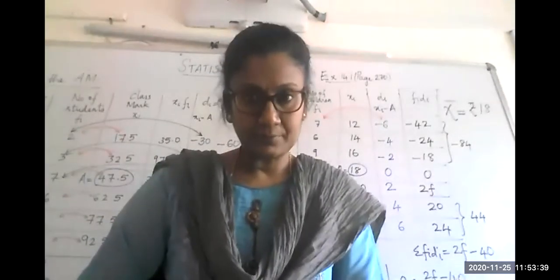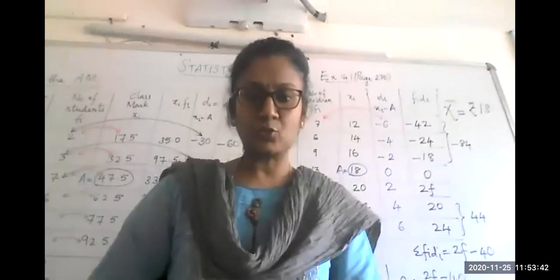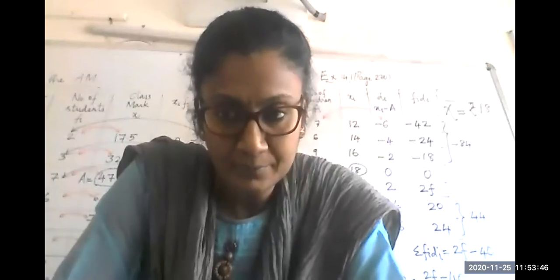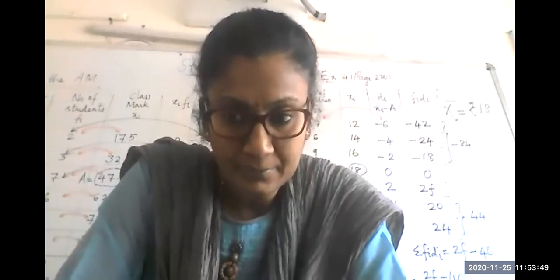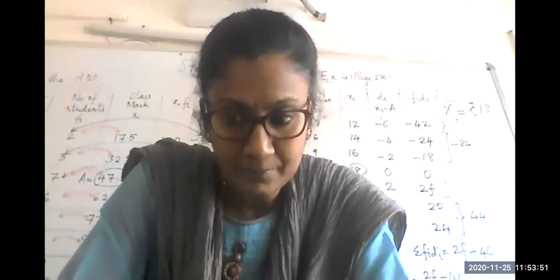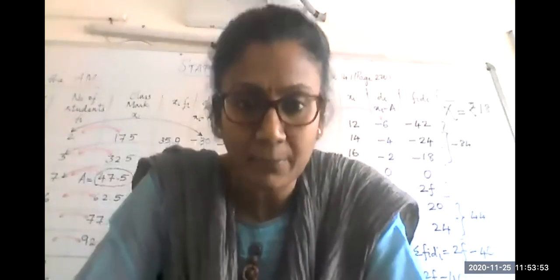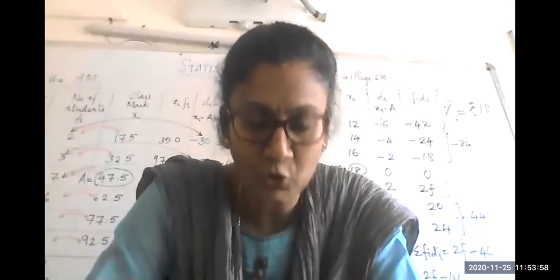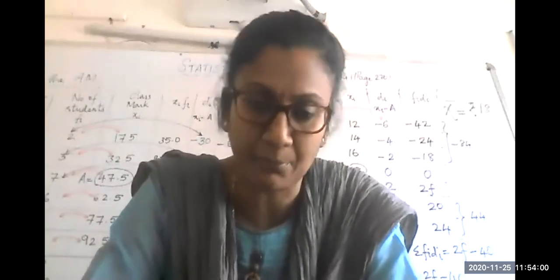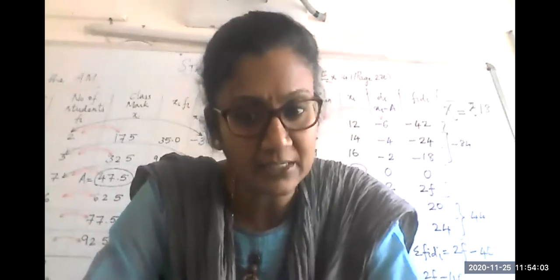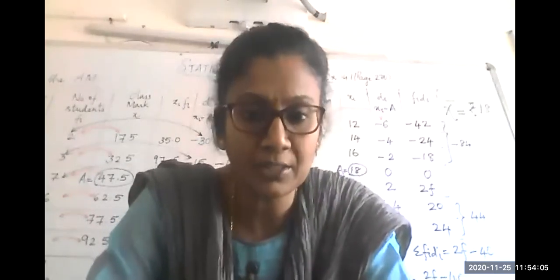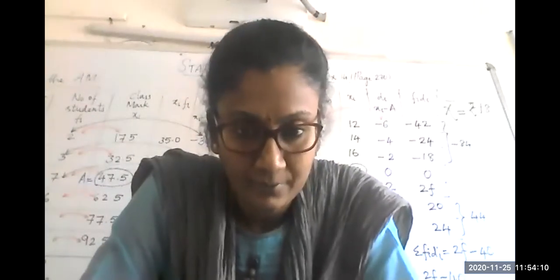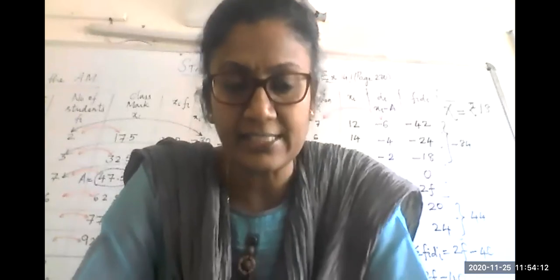That negative 84 and 44. I can't hear you. There is so much disturbance. Sorry, be a little louder. Negative 84 and 44, we add or subtract? Oh my God, such a basic question. When two integers have the same sign, you must add and put the same sign. If they have different signs, you have to subtract and put the sign of the larger integer. All right? Anything else?